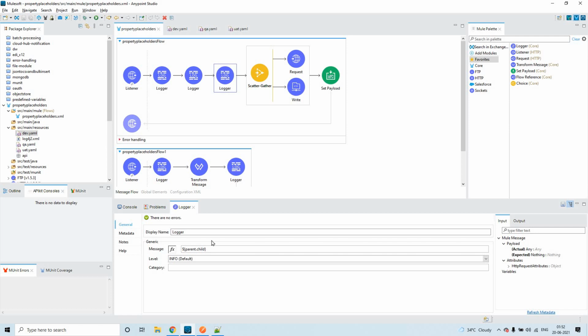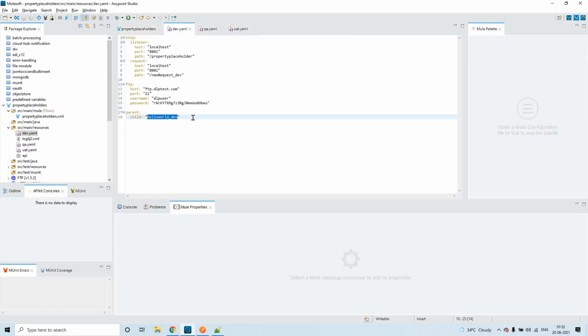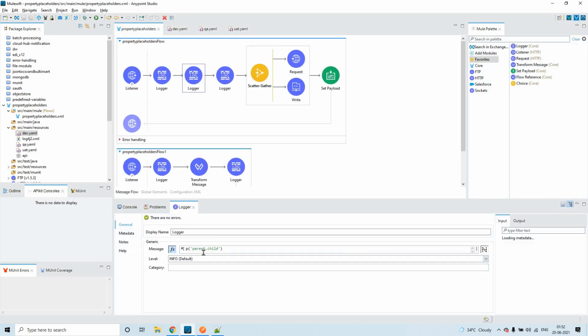That is one more difference. Okay. And the main difference is, for example, here we have the parent.child property in dev.yml. Fine. So that is the reason both these things are fetching the value without any issues.